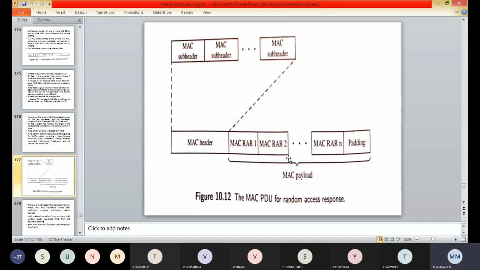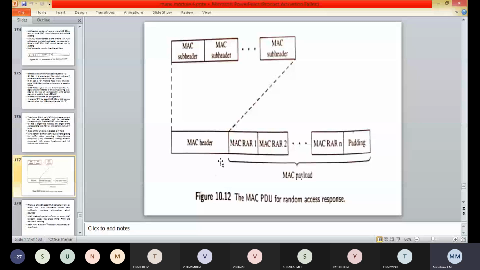There is a MAC header that consists of one or two subheaders and the optional padding. For each MAC RAR, it is of fixed size and consists of 4 fields.